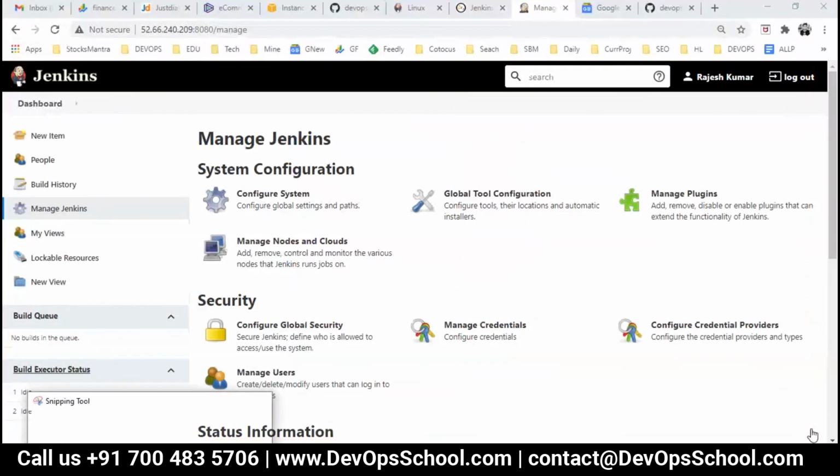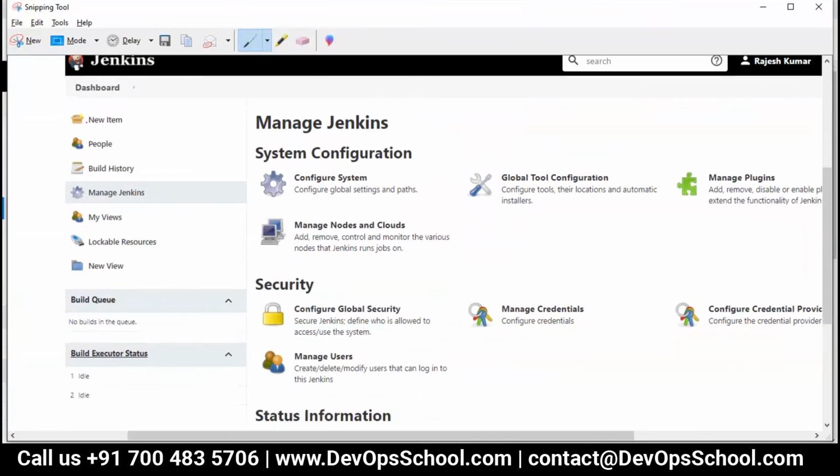So you have to go here, this is Manage Jenkins. Any idea where we should go to install the tool? Please read all of this, I am not in a hurry. First option is called Configure System, where you can set the path for the global configuration.